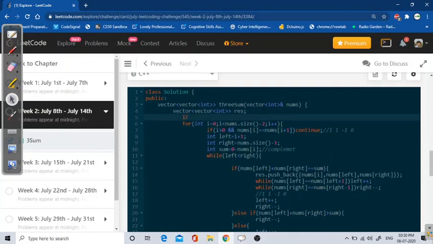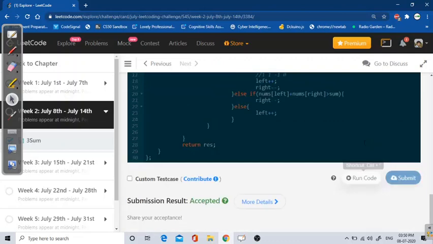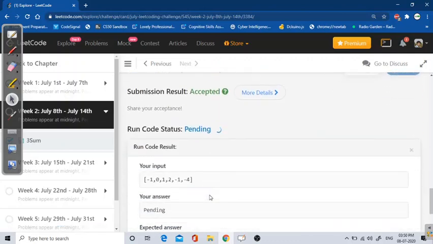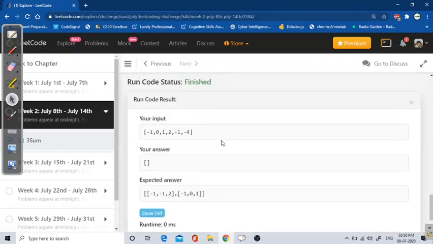For that I have to see if nums dot size is less than or equal to 2. If it is, I will return a null vector. I forgot to mention that this was the base condition. Let's run now.